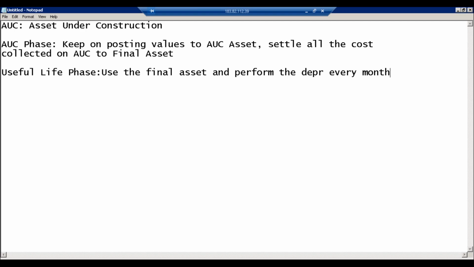value to the AUC asset. Okay, and the second phase